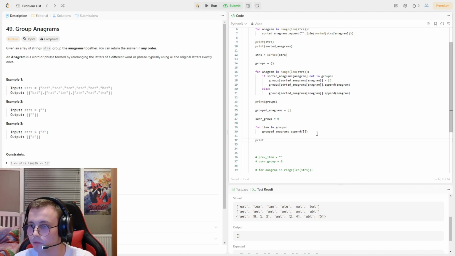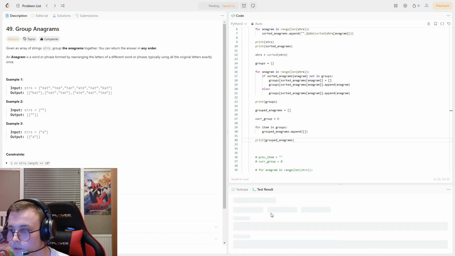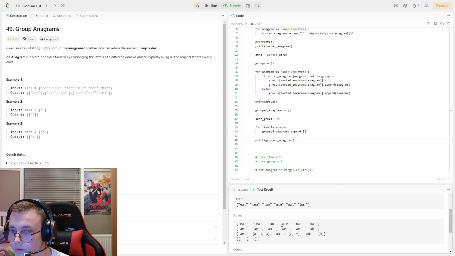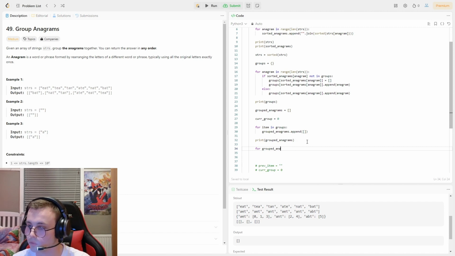So now if I just print grouped_anagrams, I should just have 3 empty lists in grouped anagrams. Okay, so for each of these 4 grouped, for group in grouped anagrams,